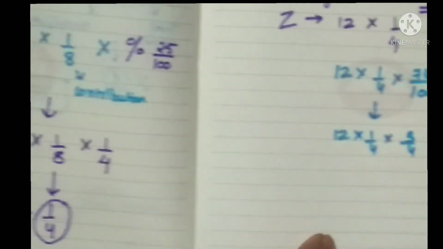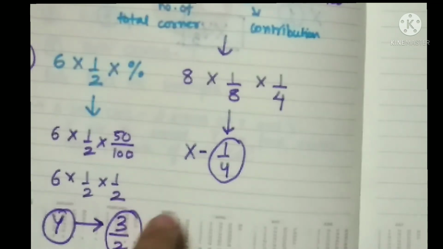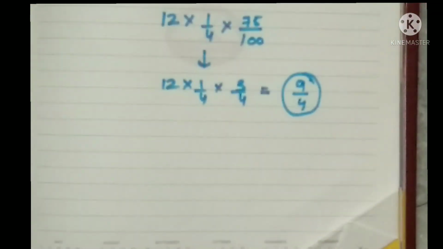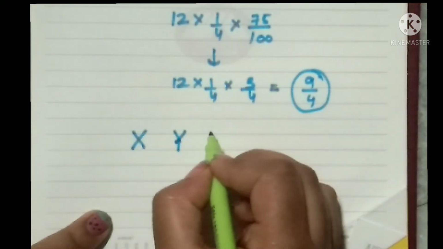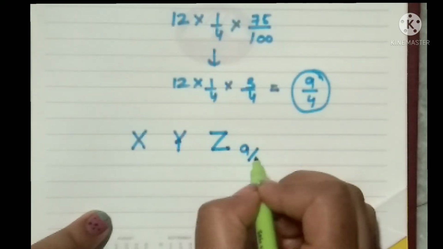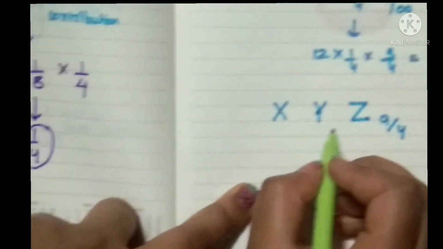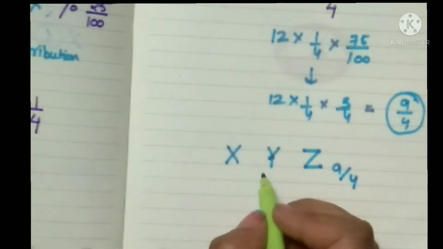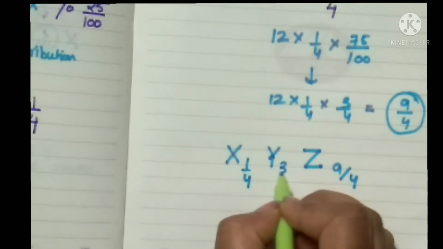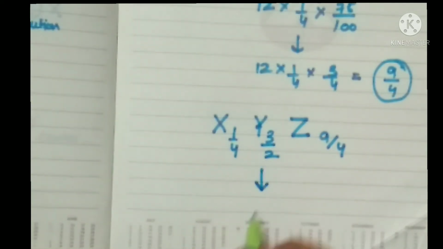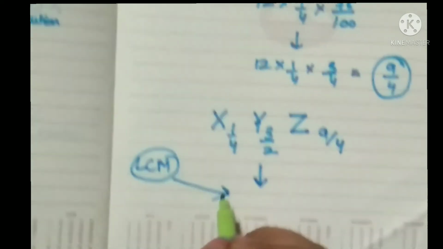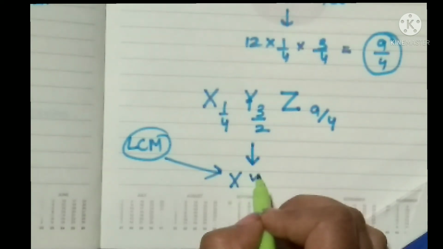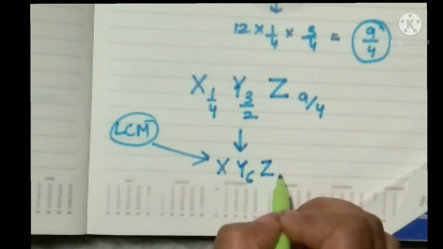So now we have calculated for all the 3 atoms, that is y, x and lastly z. So now we'll write against each atom what their contributions are. So z is 9 by 4 and we'll see what x and y are. Y is 3 by 2, I guess, and x is 1 by 4. So we'll write 1 by 4 and 3 by 2. And now we'll simplify it using the LCM technique. Yes, the final answer comes out to be x 1, y 6 and z 9.